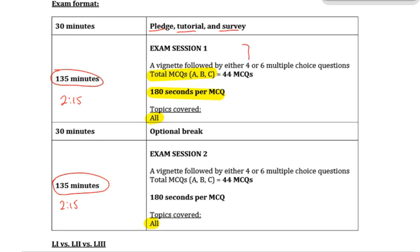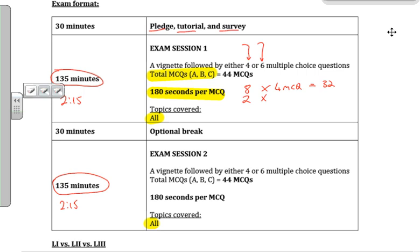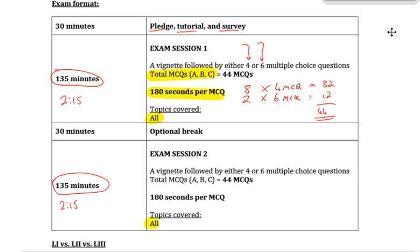So we'll never really get a complete sense, but what they have told us is that there's going to be a much greater weighting towards 4 multiple choice questions, much more so than there are towards 6. So if we had to give a bit of an estimate of what the exam is likely going to be like, my sense would be there'd be 10 vignettes, 10 stories, probably 8 of them, because the weighting is going to be given much more in favor of the 4 MCQs, so probably 8 stories times, let's say, 4 MCQs behind those. It will give you 32 multiple choice questions, and then 2 stories perhaps with 6 MCQs behind those,